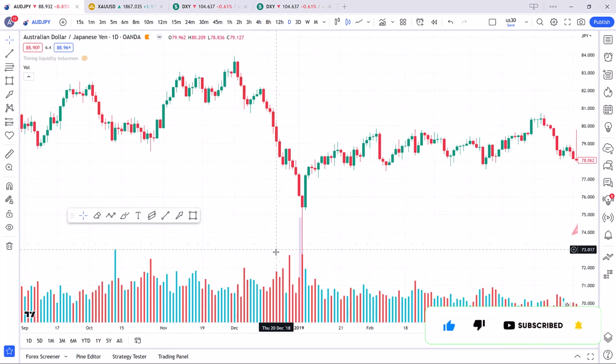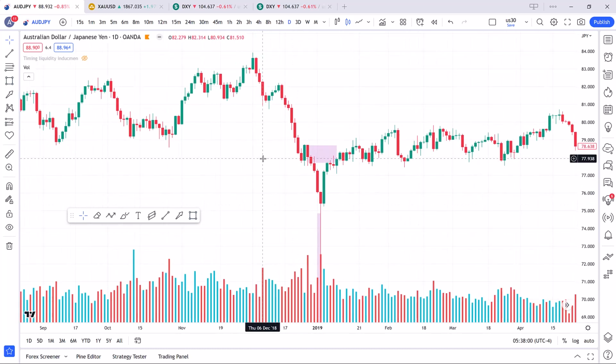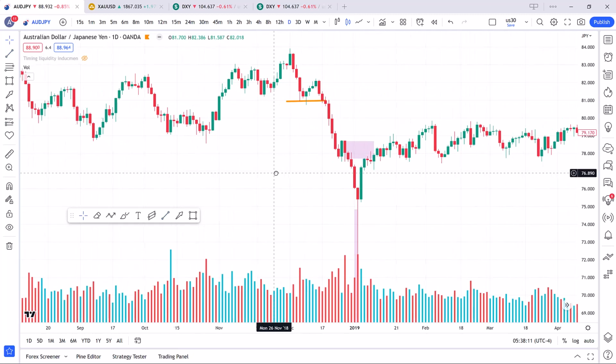We want to see just massive volumes. For example, this was a massive volume, but this volume was higher, so we can wait until this or this volume gets validated, and we can say that this volume came up and broke this volume, so this is more powerful. Why did this candle work not as a reversal but as a continuation? Because it came down and it broke the structure.